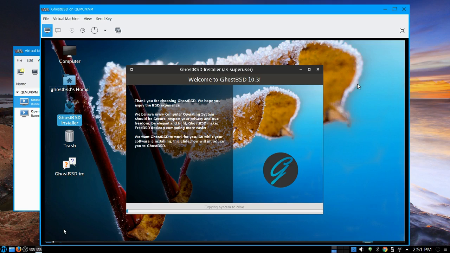So essentially we've booted up off the live CD, or in this case the live DVD, exactly as you would with a distribution that you just wanted to try out, that you didn't want to bother installing. And now, because we're booted off a virtual machine as opposed to me erasing my actual honest to God real machine here, we're just going to go ahead and install this thing. So it's copying the system to drive. I don't know exactly how long this is going to take. This could take a few minutes.